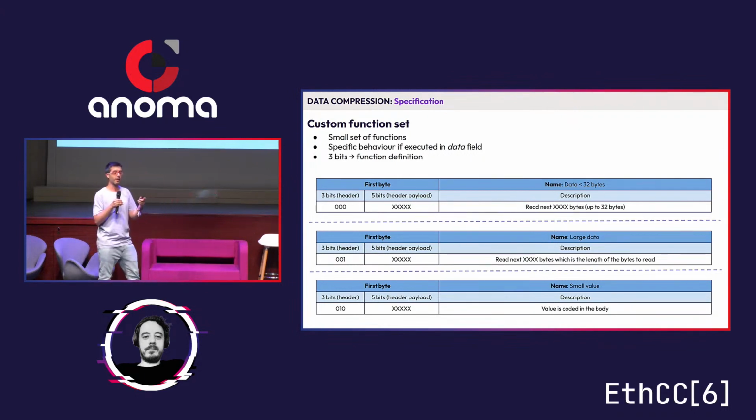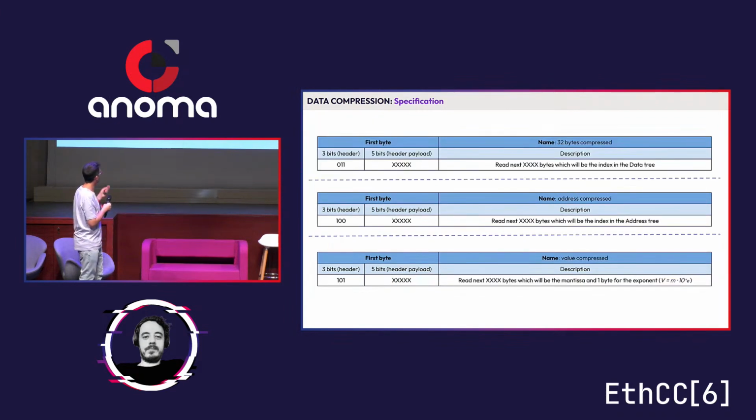It's kind of the RLP encoding of the long list. The third one is a small value. If you want to code a small value between 0 and 31, 5 bits are enough, so it is encoded by itself in the header payload. And here come the two